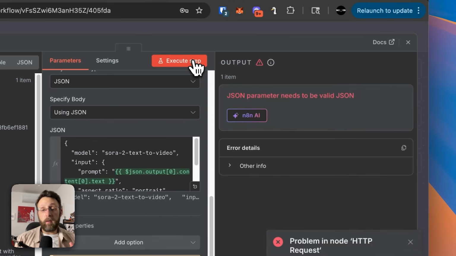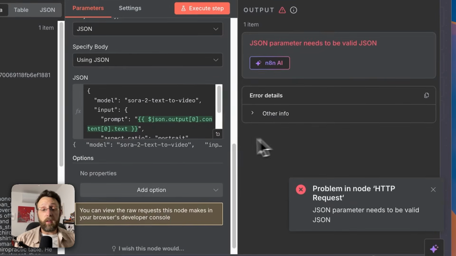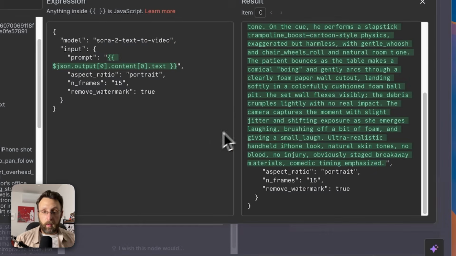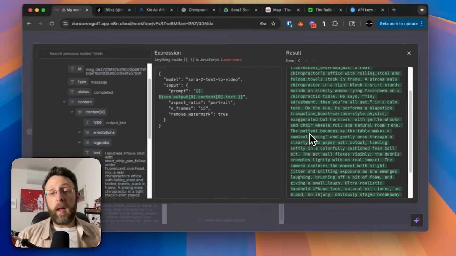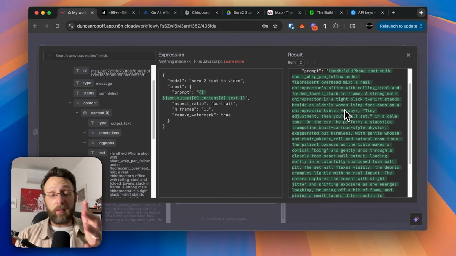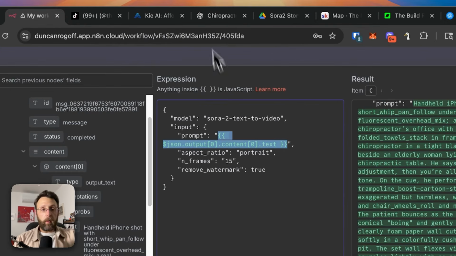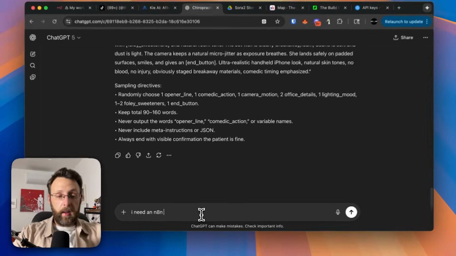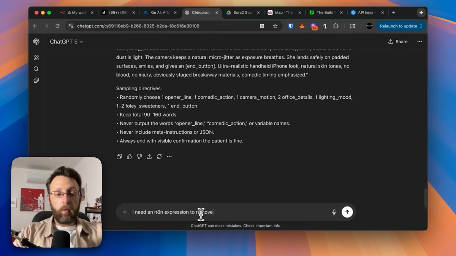And if I click execute step, you can see we have this issue that the JSON parameter needs to be a valid JSON. You may encounter this, and so it's really important that you know how to troubleshoot. Oftentimes what's happening is when there are quotation marks inside of the JSON that you're sending, you're going to get this error. So if we come back into ChatGPT, we can say, I need an N8N expression to remove quotes